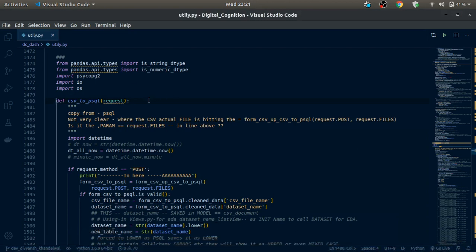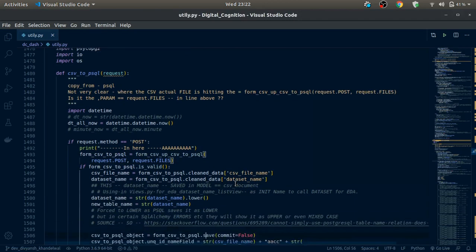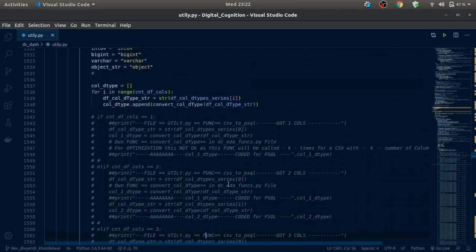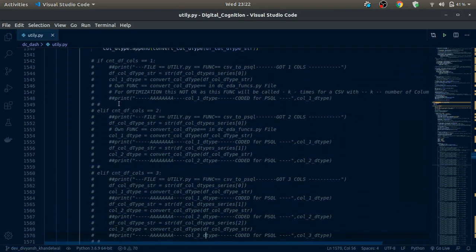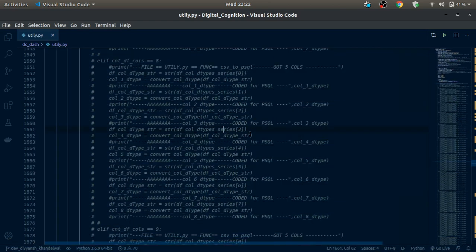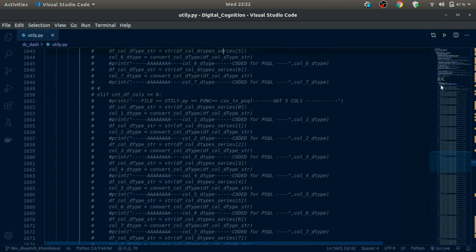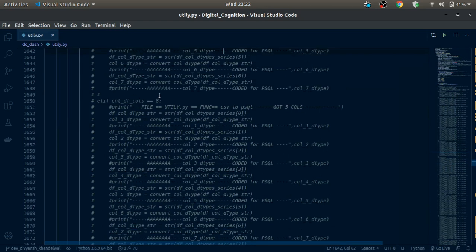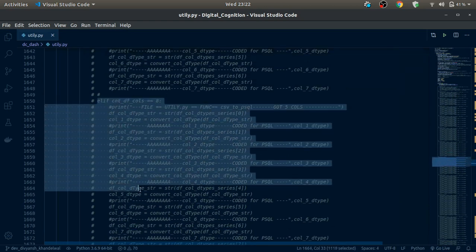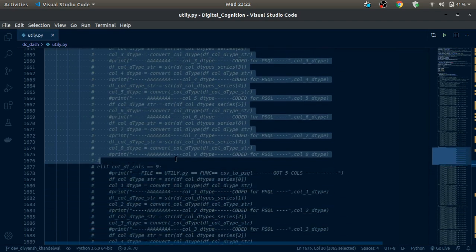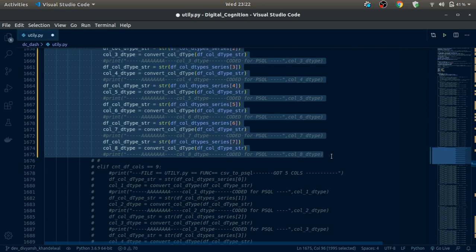As you can see, this is the function CSV to PSQL. I'll show you what the previous code was, which is commented out right here. What it was doing was taking if else conditions to compare the length. Let me uncomment this so you can see it better.